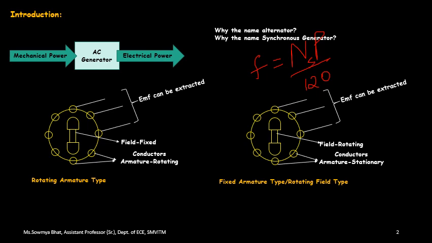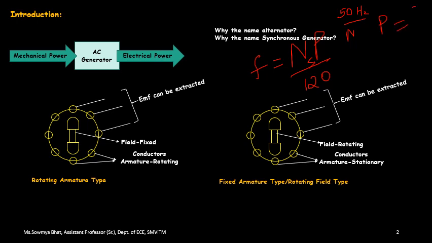Suppose I am considering a frequency of 50 hertz power supply. If I want the 50 hertz power supply to be produced, the generator should rotate only at a particular speed depending upon the number of poles of the machine. It cannot take any speed as it requires, but depending upon the frequency, a particular speed will be obtained.